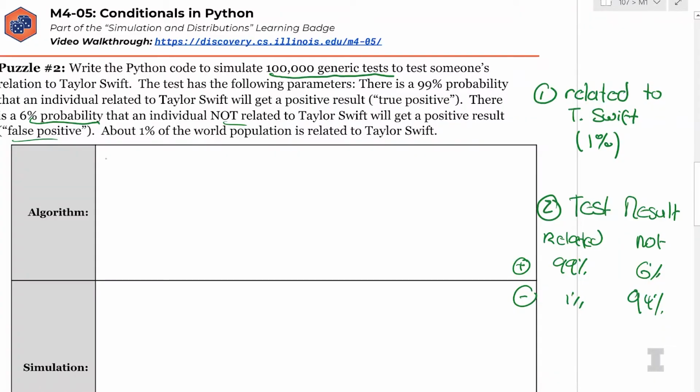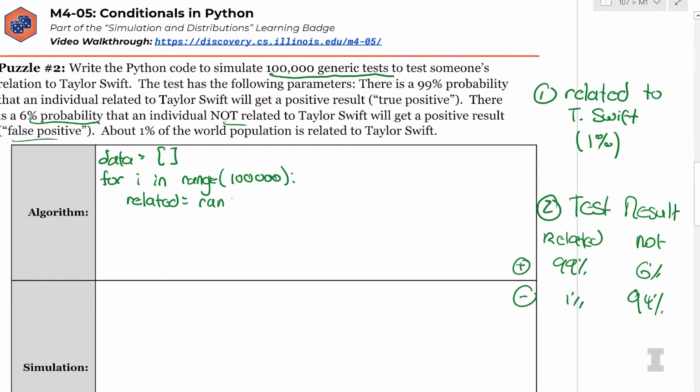Perfect. So this is simulation. I'm going to start with data is equal to an empty list. And then for i in range 100,000 to do the simulation of 100,000 genetic tests. And my first real world variable is related.